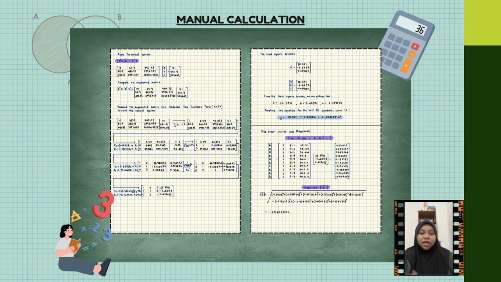We can define that A equal to 35.3711, B equal to negative 7.4458, and C equal to 0.479055. And we can also write the equation, which is y equal to 35.3711 minus 7.4458x plus 0.479055x squared. After we get the equation, we need to find the error vector by using the formula b minus Ax equal to e. Then we need to find the magnitude of the error vector, and we get